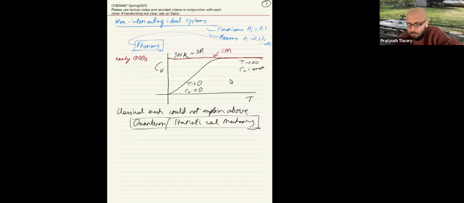So, okay. Let's look at the classical mechanical treatment. What does it mean? We will start with the classical mechanical treatment, and you have done something like this in the bonus problem in the second homework and also in the midterm. That's the treatment we are going to repeat here. So classical mechanics says the simplest treatment is to assume that a material is made up of n independent atoms,